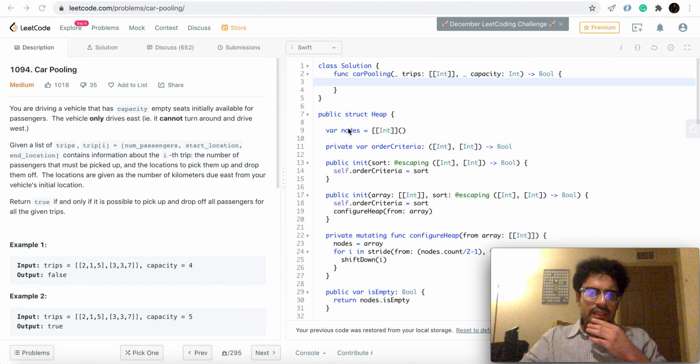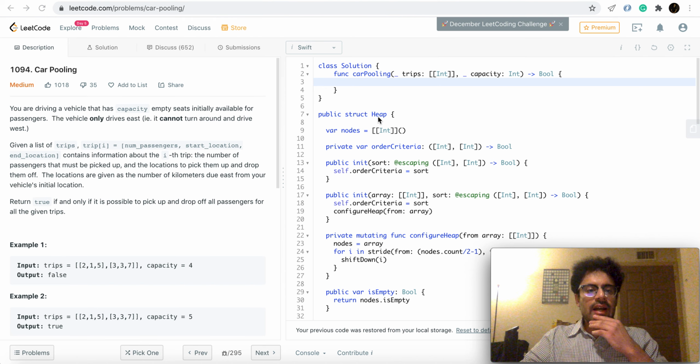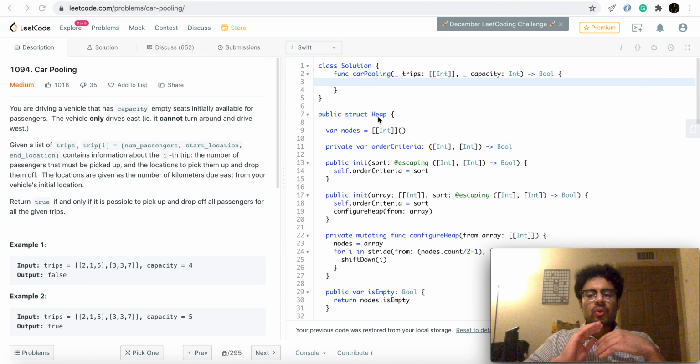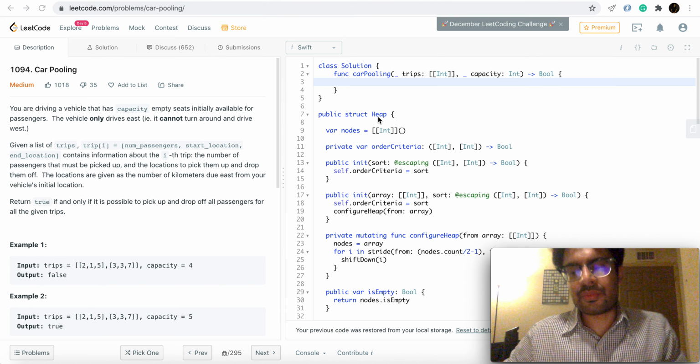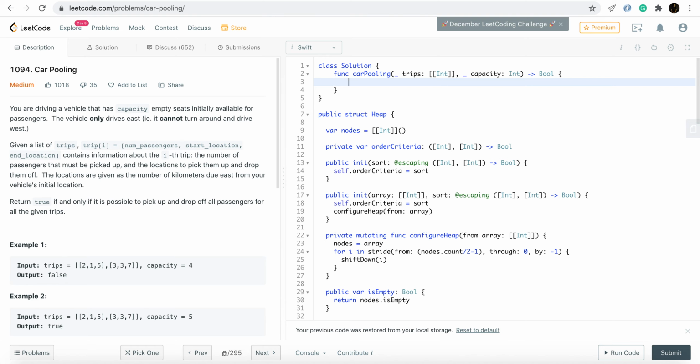Swift does not have an inbuilt API for heaps, so I've already copy pasted this heap class from somewhere. It's actually a struct, but if you're not familiar with structs, just think of it as a class. And yeah, I think we are ready to start coding, so I'm going to dive straight into it. I'll be explaining all the steps. If you're not familiar with Swift, don't worry at all. I'll be explaining every step, and it's very readable, so you should be fine, even if you're not familiar with Swift. Cool. Let's dive straight into it.